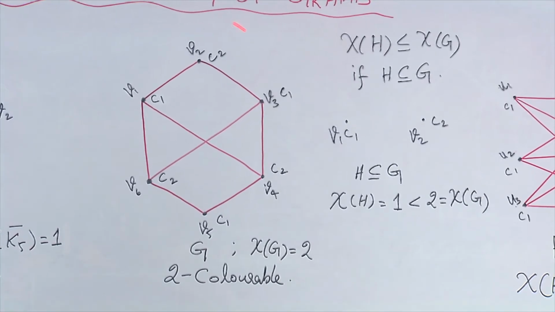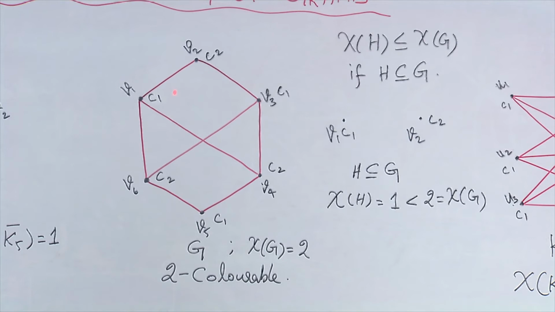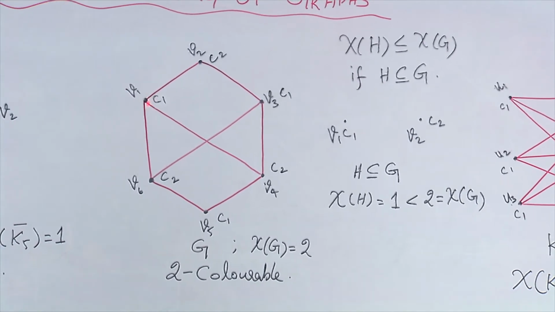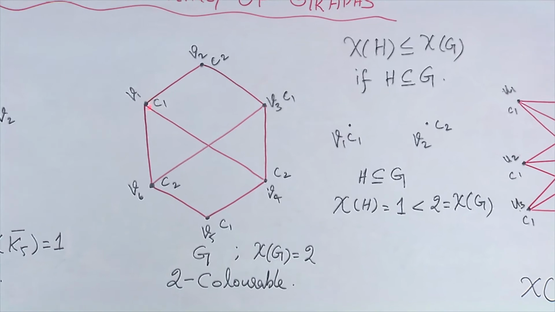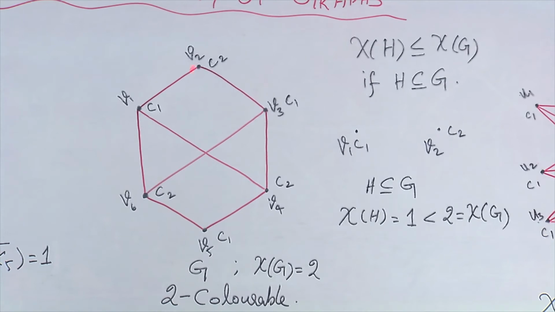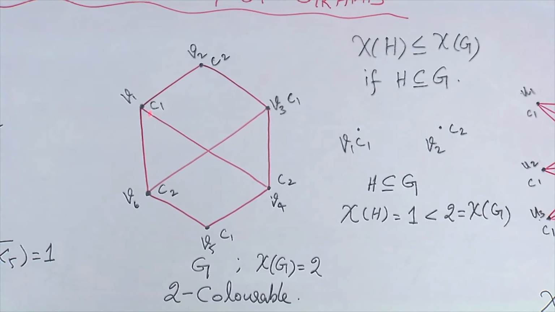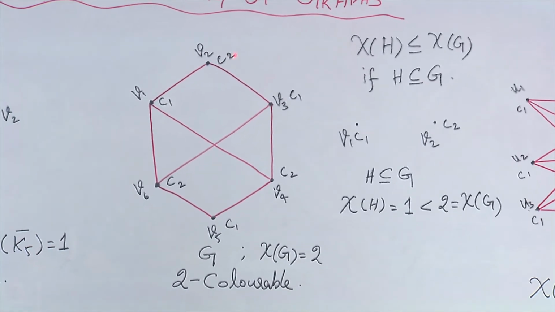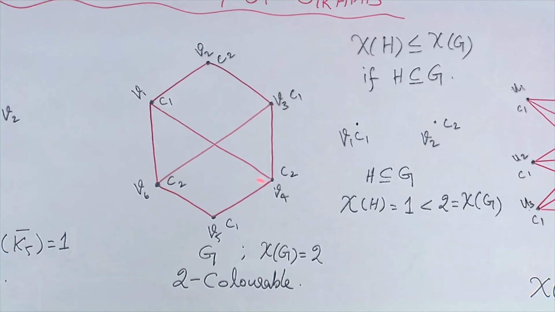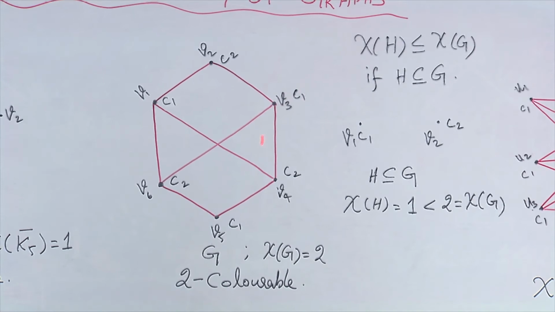Now, look at this graph. We are going to color this graph and find the chromatic number of this graph. Okay, so look here, this is a vertex V1. I am going to give the color C1 to this vertex V1 and I cannot give the same color C1 to V2, V4 and V6 because these 3 vertices are adjacent to V1, which means I have to give a different color other than C1. I am going to give C2 to V2, V6 and V4. And I can also give a third color, C3, to V3 as well as V5.